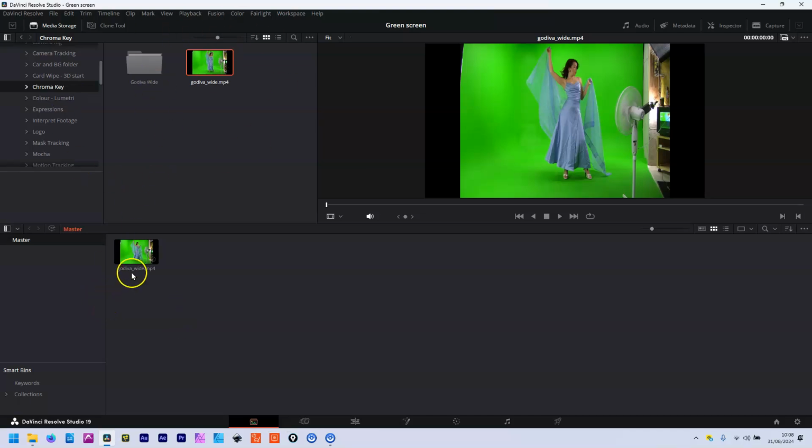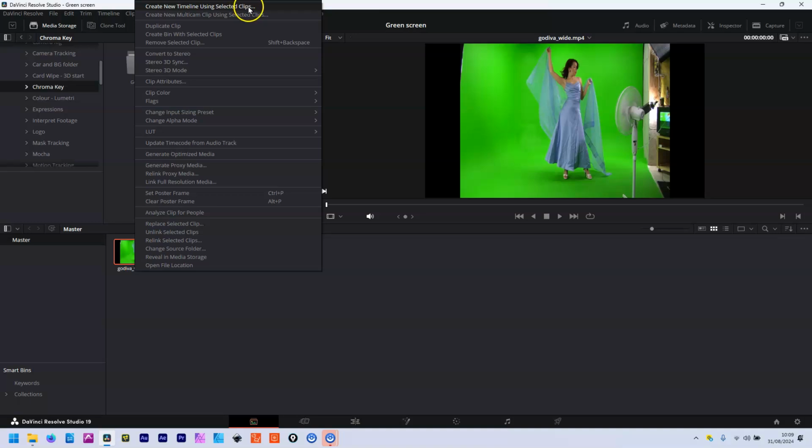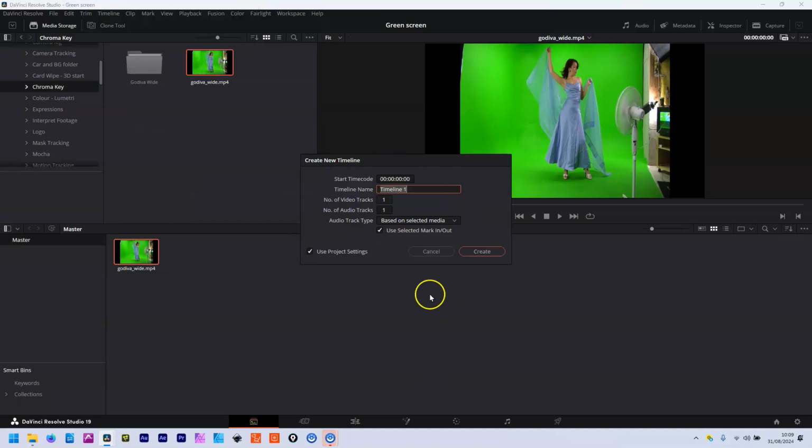So this is just finding the project. This is actually adding it to the project. And then you need to create a timeline from it. So you're going to say, I'm going to edit with this, if you like. Right click on it. And then right at the top, you've got create new timeline using selected clips. And what it'll do is it'll create a timeline. You can give it a name, whatever you want to do, and it'll base it, you see, based on selected